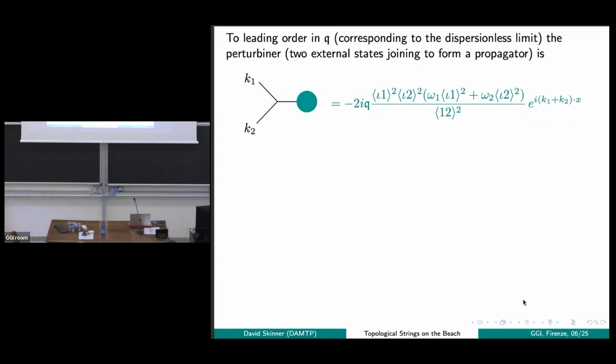And this weird numerator factor is coming because we had some weird derivatives acting at the vertex, right? The vertex was a particular derivative of the field, the x derivative of the field, to some power. So that factor here is the x derivative of the external state here. This factor is the x derivative of this external state here. And this factor is the x derivative of the propagator.